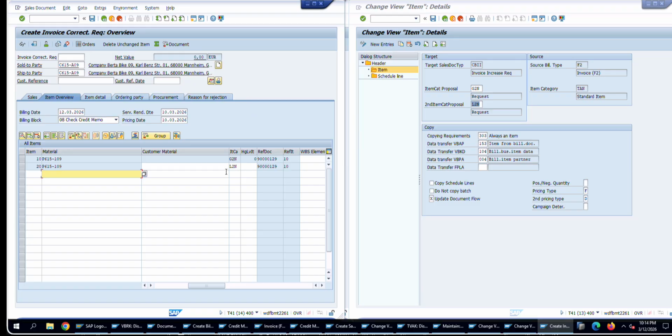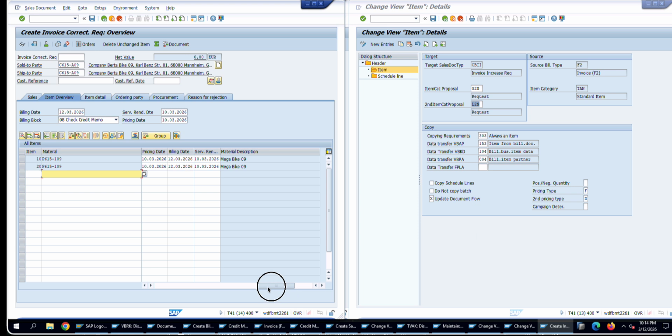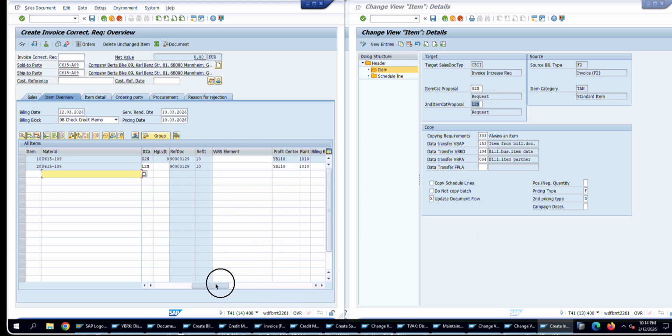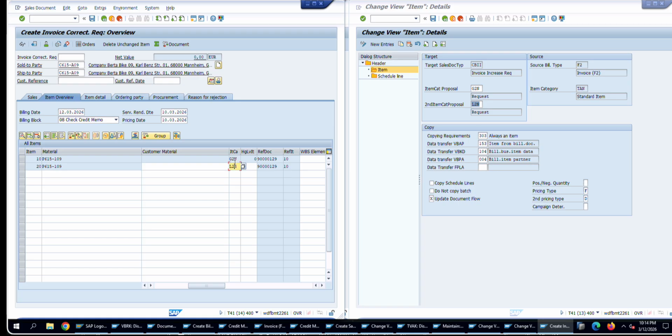correction request. I could still have two different line items. The first one is G2N, and the second one is L2N. And regardless of what this first item is, the pricing is, we can only change the second line item for whatever reason, but it is like that,